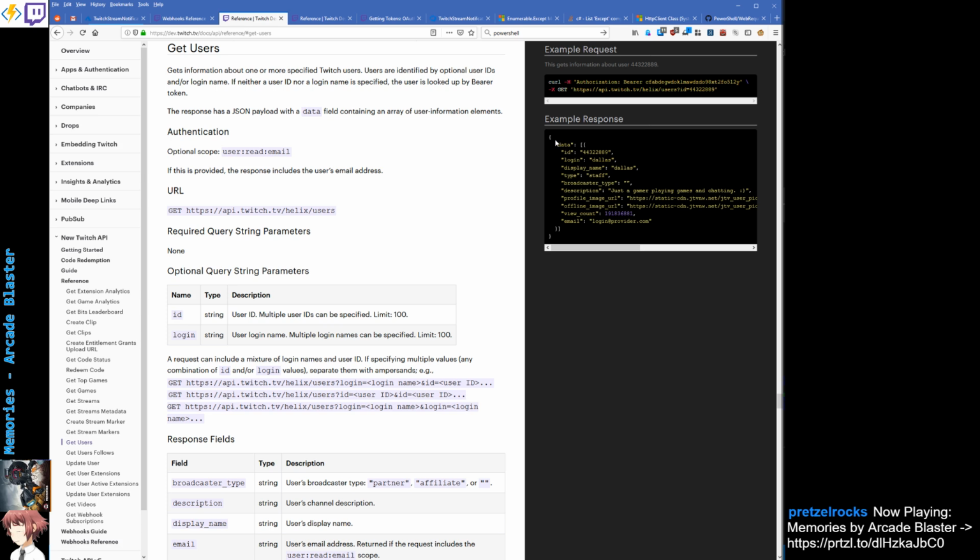There's a data member on the object, and then in that it is an array of users, or a single user, but that's fine. So I need to have both the outer object and then an inner object that